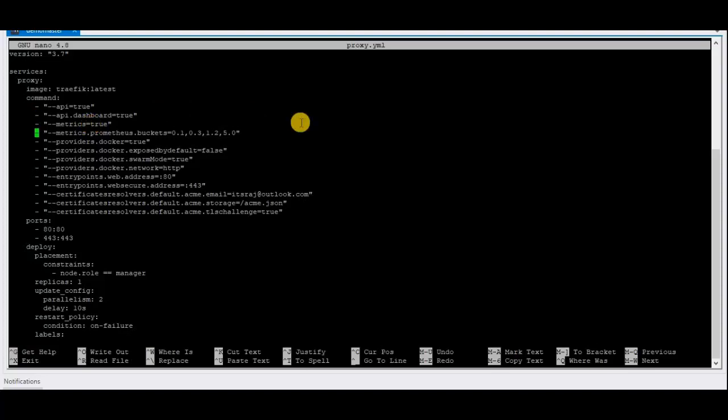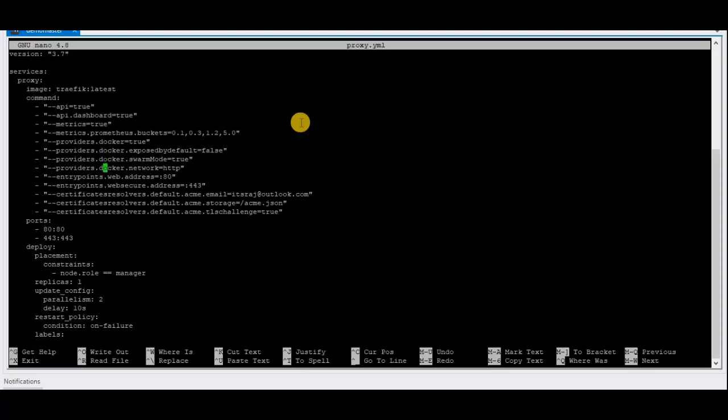And these are some buckets. If you want to use Prometheus and Grafana, you need to enable those buckets to get the metrics to the Grafana dashboard. We are going to use the Docker provider, and you also need to set that to true. For exposing, we are not exposing Docker by default, so that is false, and we are deploying Traefik in swarm mode.